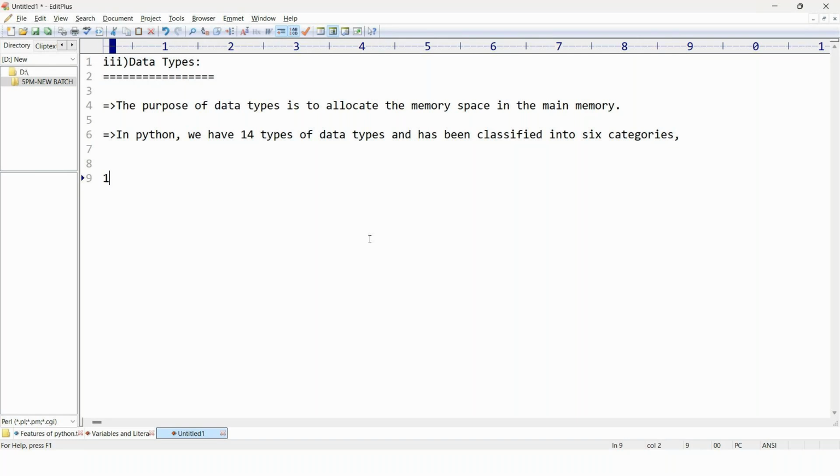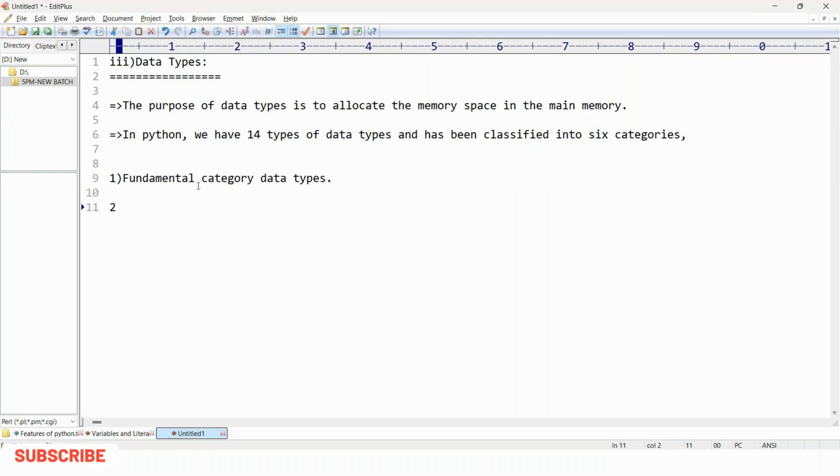First of all, I'll show you what categories we have, and later on I'll show you what data types we have, right? So we'll start with the fundamental category, the first category we have. Fundamental category data types.